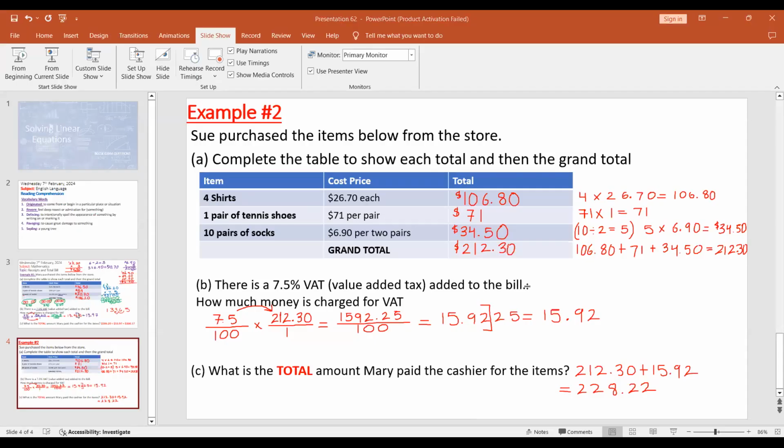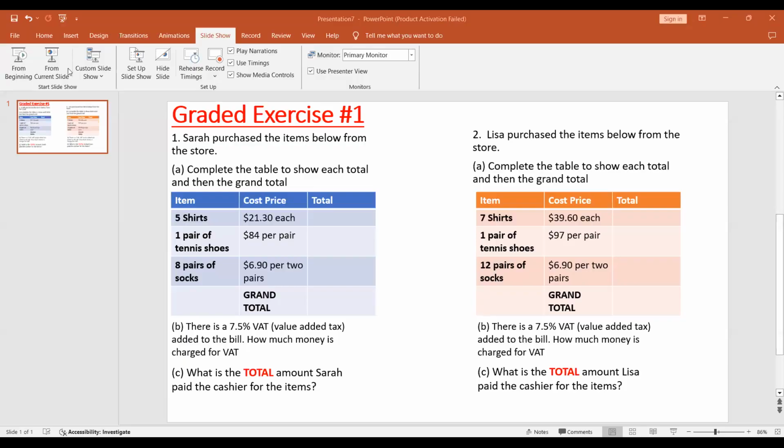Before you even move on to the next slide, I keep getting confused on B. Like B keeps confusing me very much. Well, what you have to do is look at the example. Wait, let me go back to this. Okay. Can y'all see the grade exercise? Yes, sir. Okay, so when you go back to the example, what you have to do is whatever your